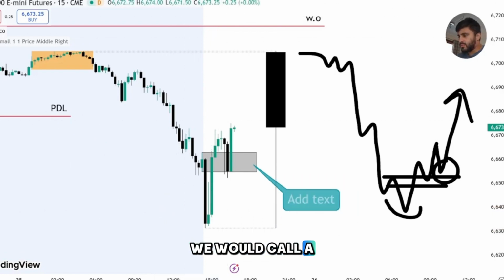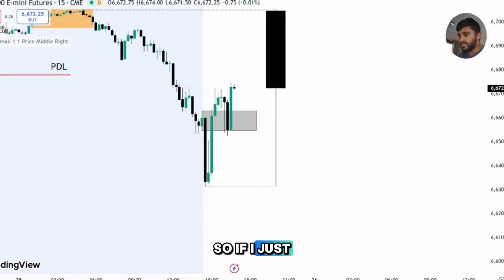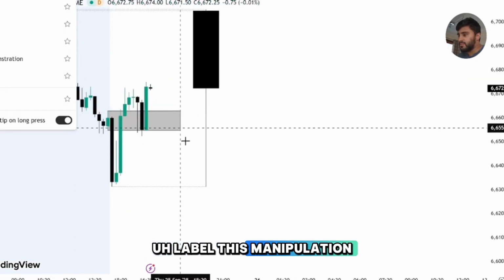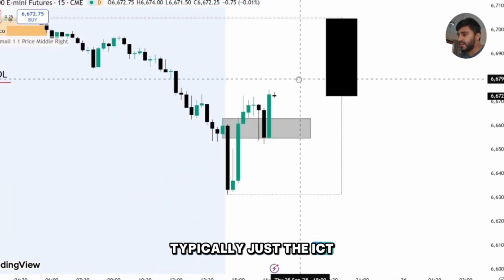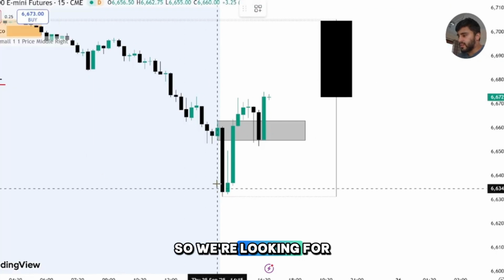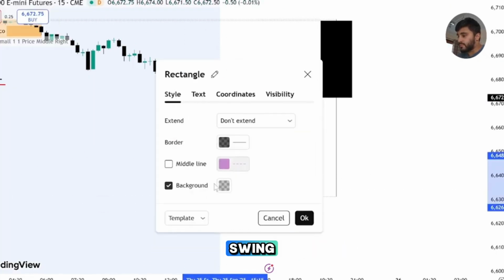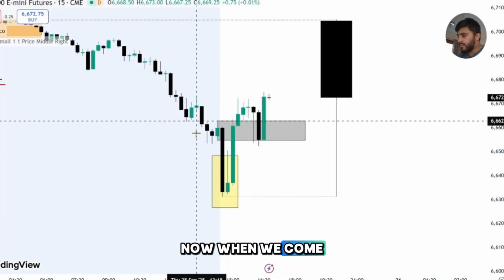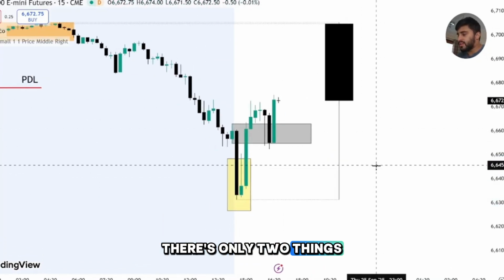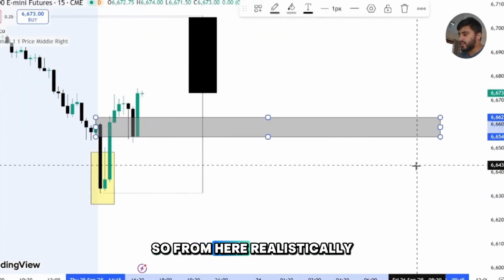So this is what we would call a manipulation in price. If I just label this, a manipulation in price is typically just the ICT Judas swing. So this is going to be our manipulation or Judas swing. Now, when we come into a fair value gap, there's only two things that can happen. So from here, realistically,